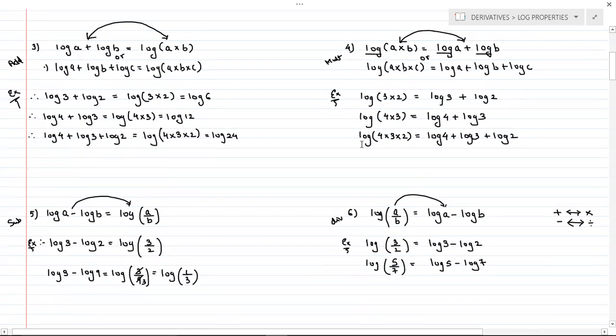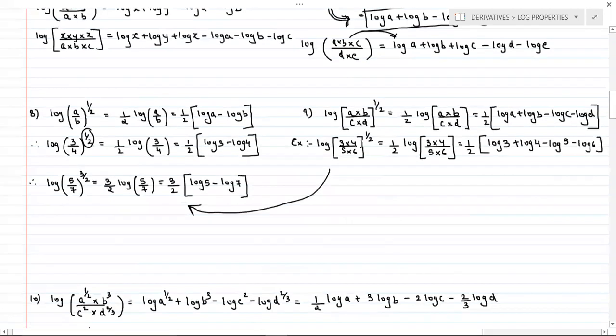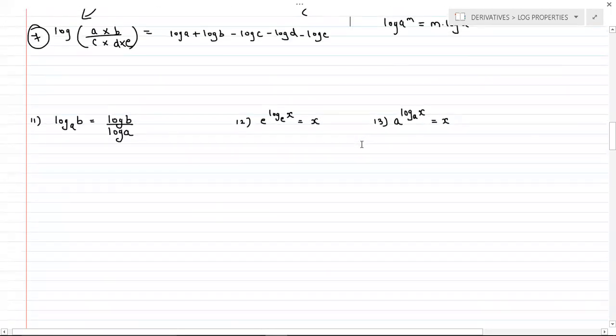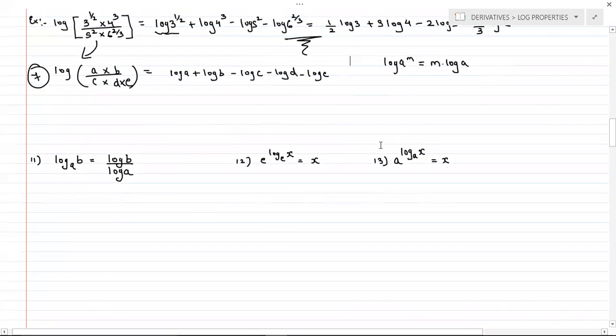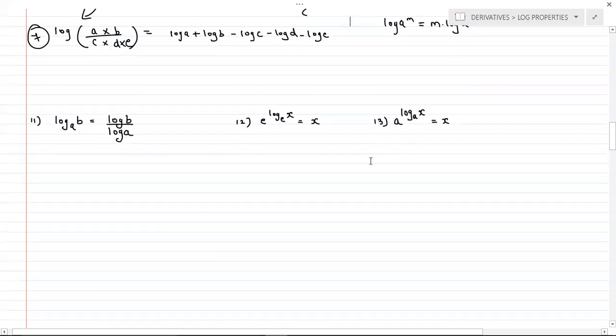Without knowing these small basic things, you cannot start the exercise. Without knowing these basic properties, it will become very difficult for you to solve the sums of that particular exercise in which the sums are based on logarithm. So remember all the properties. Now we are left with the last two or three properties.